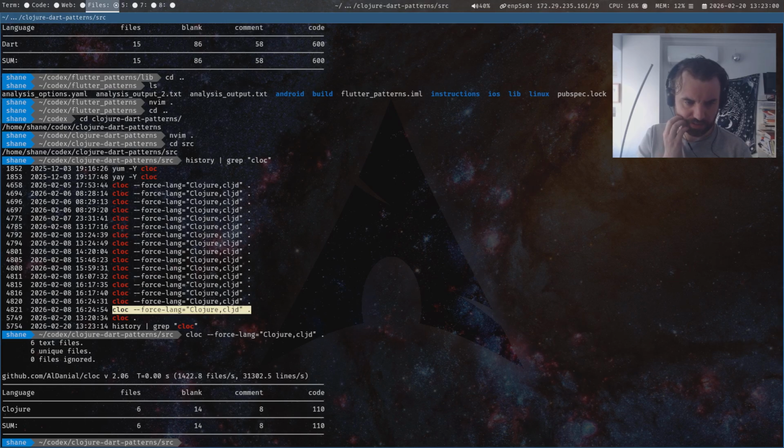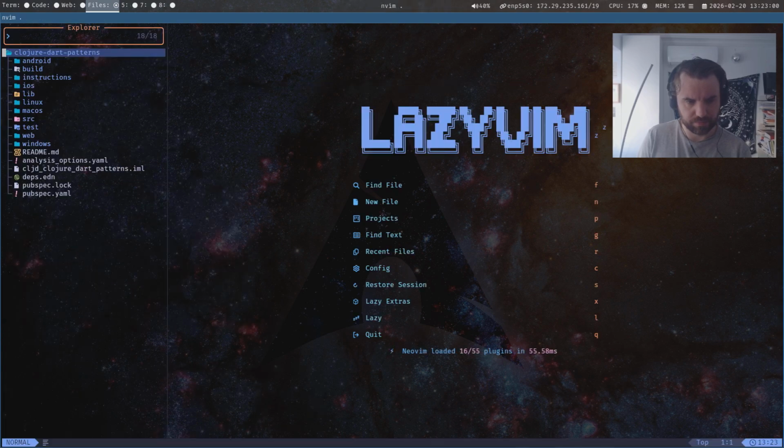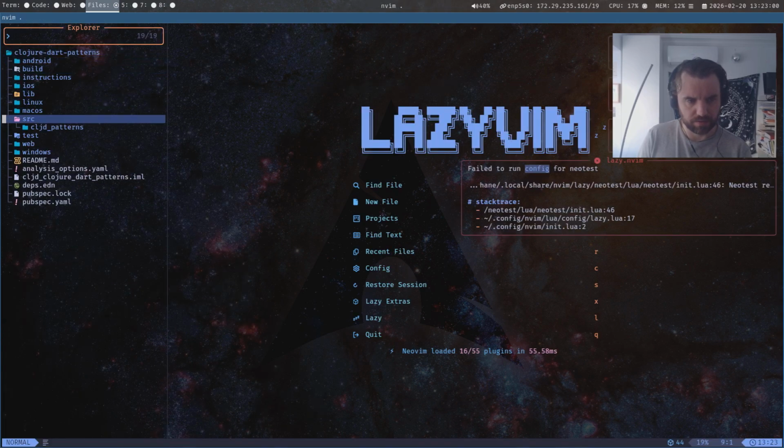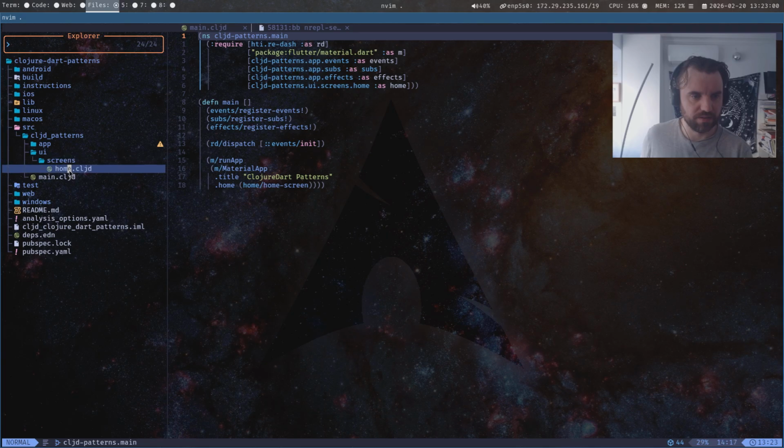So it's 110 lines of Clojure. I'm wondering, is this actually low, to be honest with you? And this isn't doing much, is it? This is just the landing page.